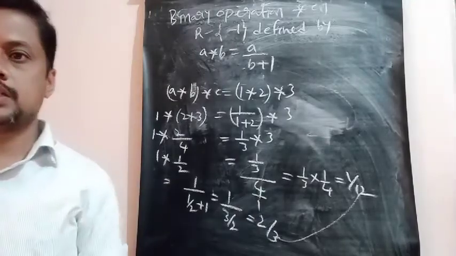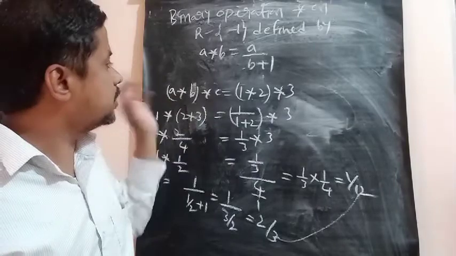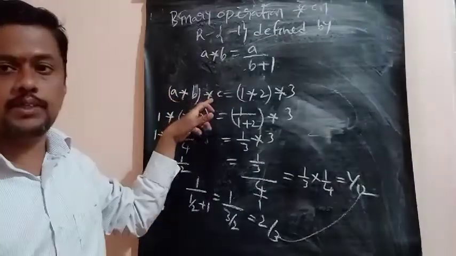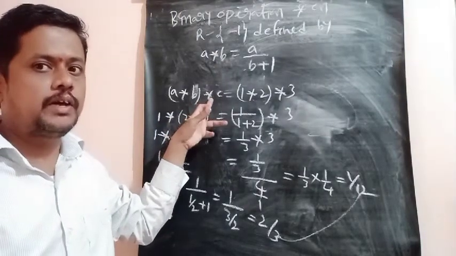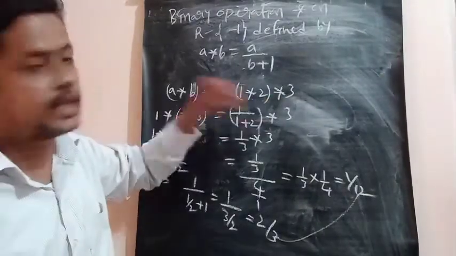Okay? See, first you have to check whether it is commutative or not. One condition is the associative. We will check the associative condition. See, A star B star C, first you have to check. Okay, CET, no. That's why we take any elements. It's very easy, no. So let us take 1, 2, 3 like that.